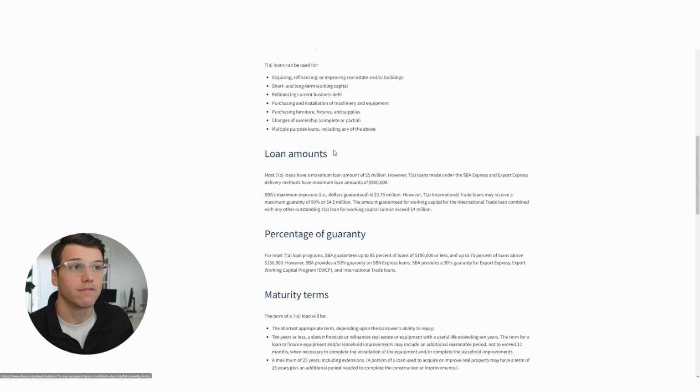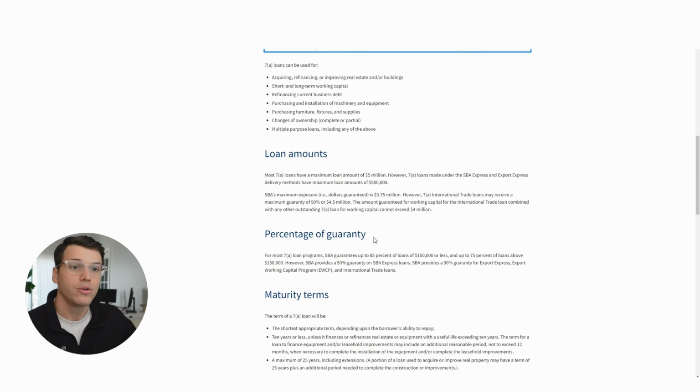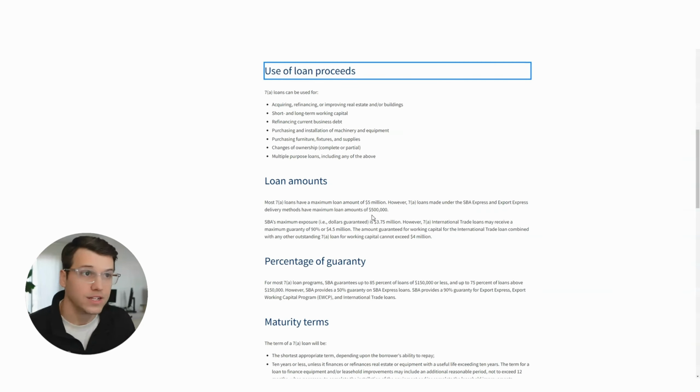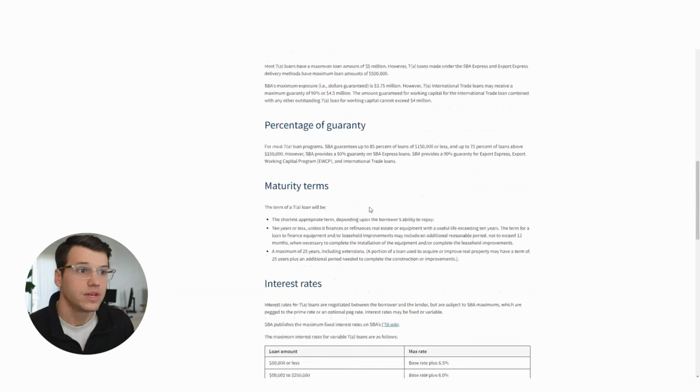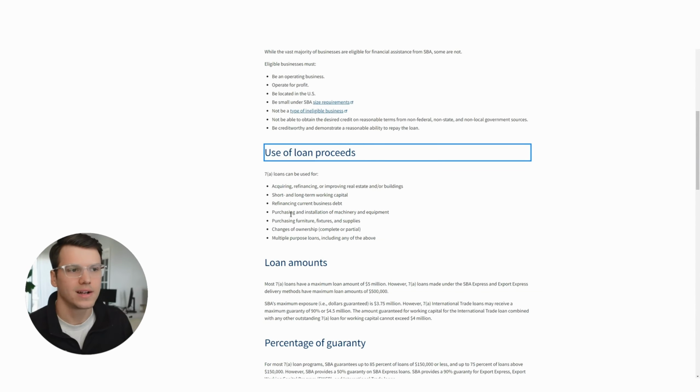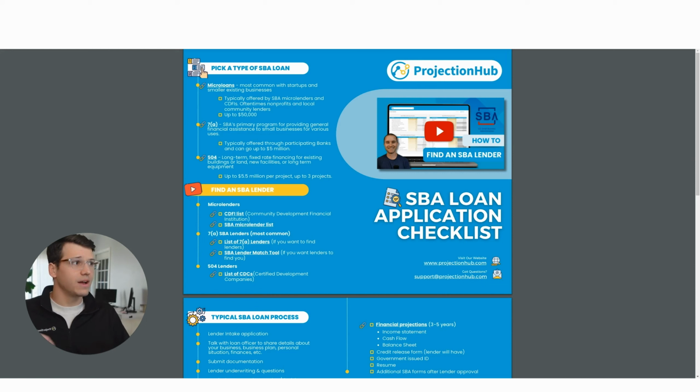And the other thing is going to be use of loan proceeds. So there are restrictions to how you can use an SBA loan. Again, I'm not going to go into all of the ways it can be used, but there is a good list on here. So a lot of times working capital, equipment, real estate. I shouldn't just say real estate, but if it's being used for the building you're actually going to operate in. You can't use an SBA loan for a rental business. If you're going to buy an Airbnb and you want to rent that out, typically I don't think that's allowed. You're not going to have an apartment building that you're going to rent out. That's not what you're using an SBA loan for. Again, we're not going to go through every single use that you can or cannot use, but I wanted to touch on those quickly.